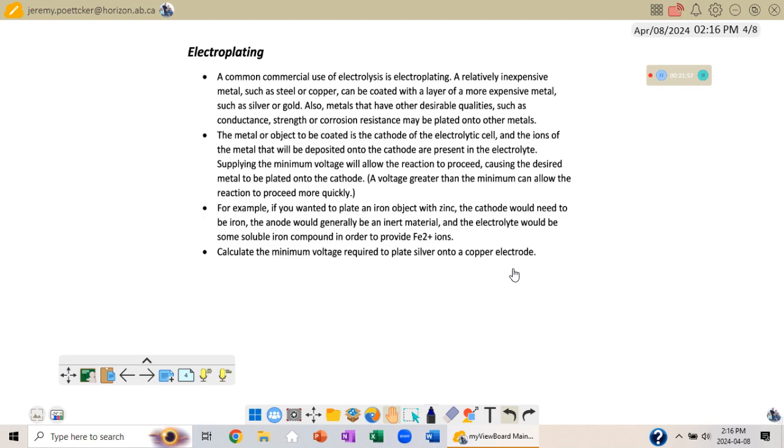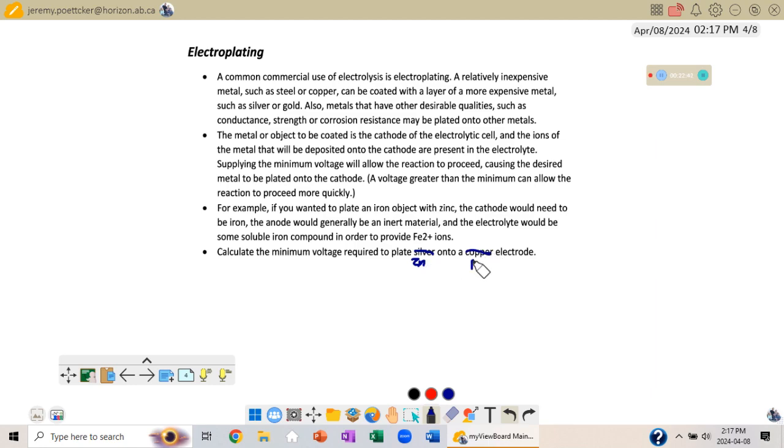If you want to plate an iron object with zinc, the cathode would need to be the iron. The anode would generally be some kind of an inert material, and the electrolyte would be some soluble iron compound in order to provide iron 2+ ions. So think iron 2 nitrate or something along those lines. And then we say, okay, calculate the minimum voltage required to plate silver onto a copper electrode, and I changed this example because otherwise it's exactly the same as the one in your book, and apparently did not change this part. So this should be saying we are going to plate not silver but zinc onto a